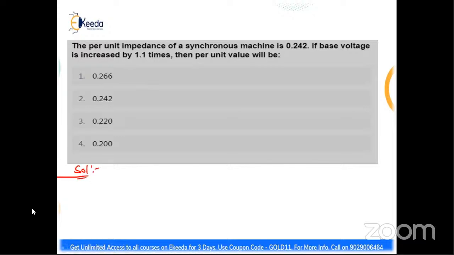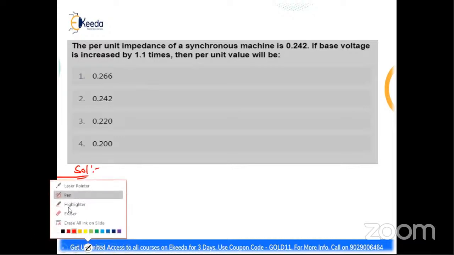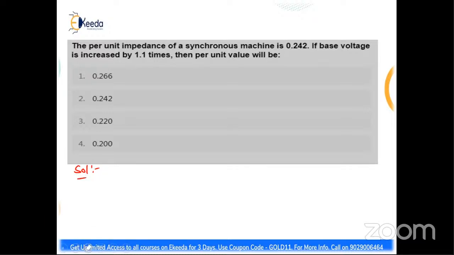What are the options given here? Options are 0.266, 0.242, 0.220 and 0.200. Right, these are the options given. Now when the voltage is increased,